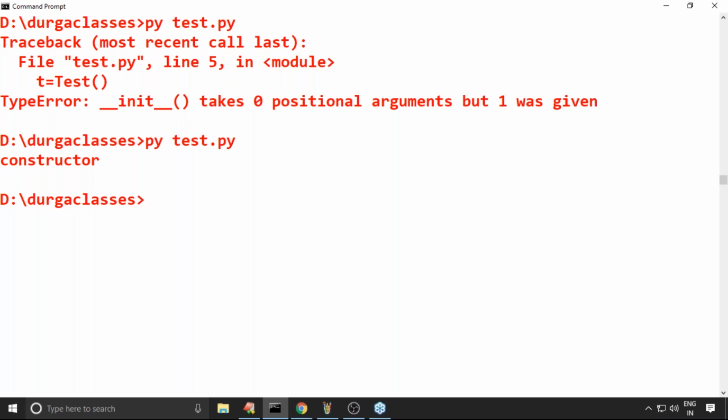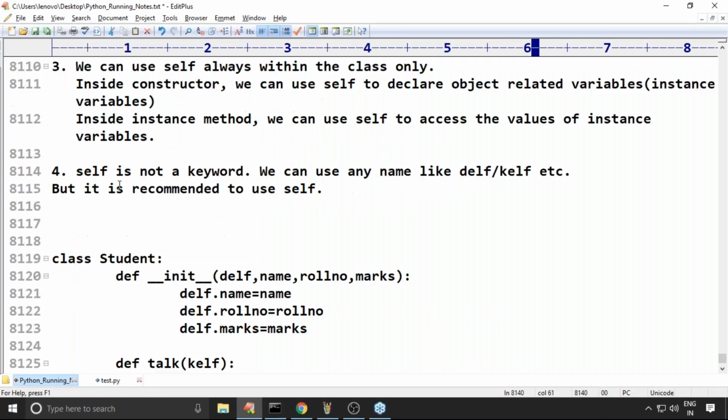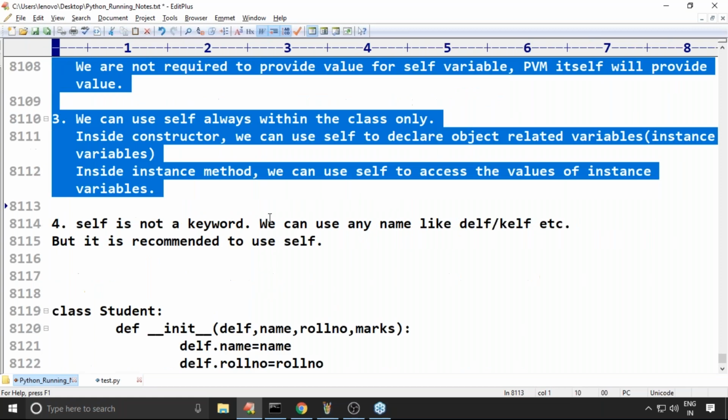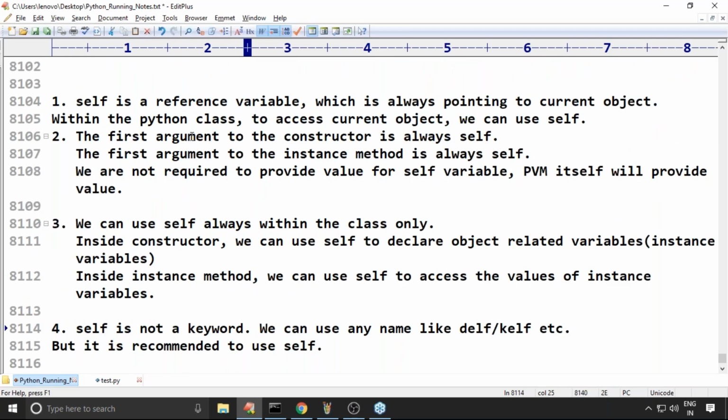Remember, that's all. So this was just a postmortem about self. In tomorrow's session, we will perform a postmortem on init. Please take special care about this terminology. Next, we will cover the difference between instance method and static method, and between instance variable and static variable. All of this will be clarified.